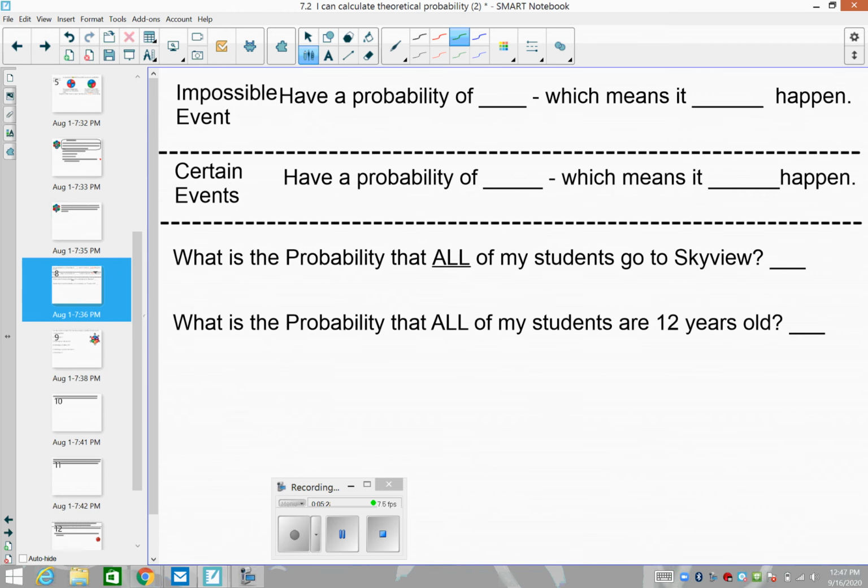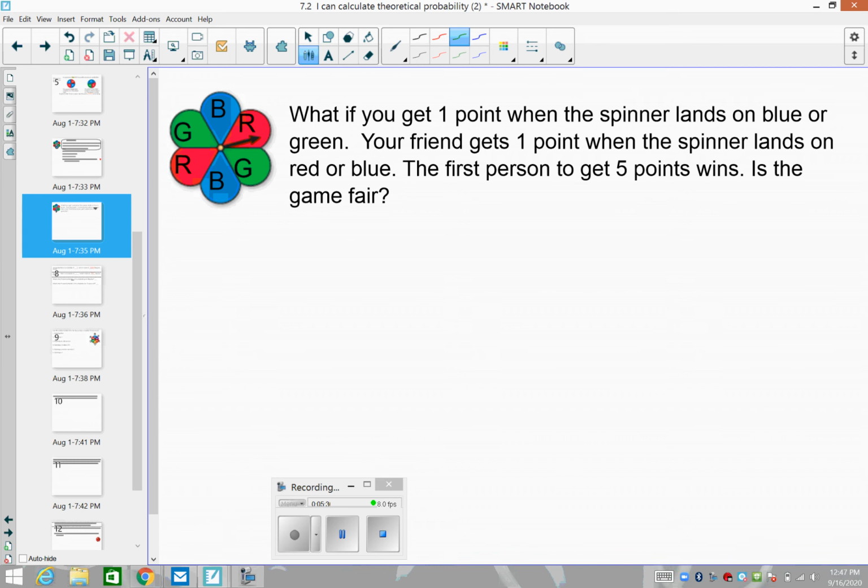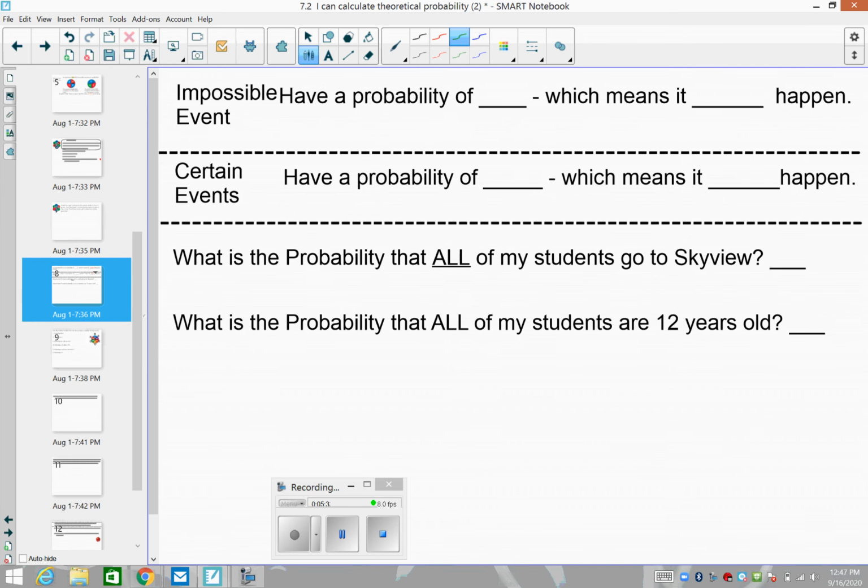And let's talk about this next idea of impossible versus certain. So we have these probabilities of things that occur. There are sometimes things that cannot occur. It's impossible. And then there are sometimes things that always occur. So an impossible event has a probability of